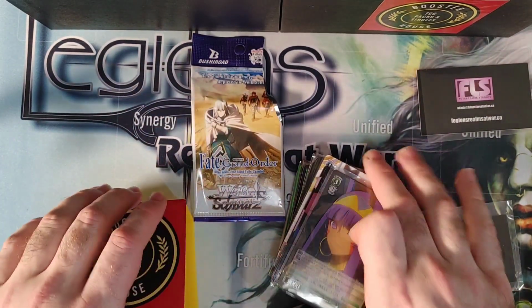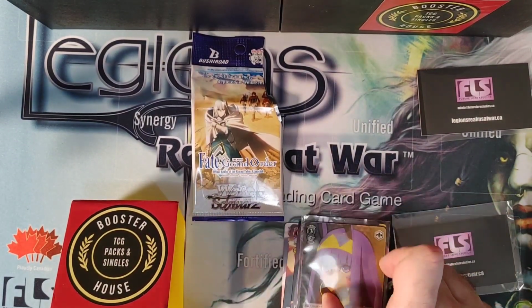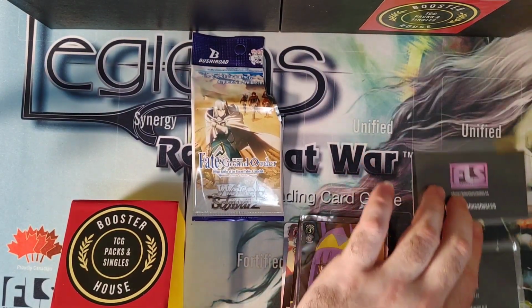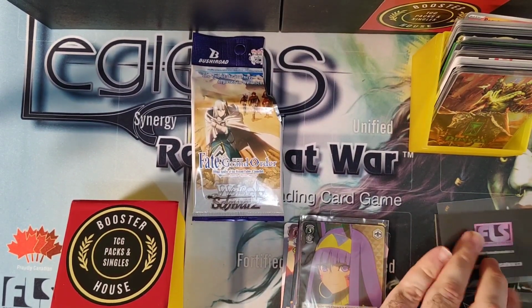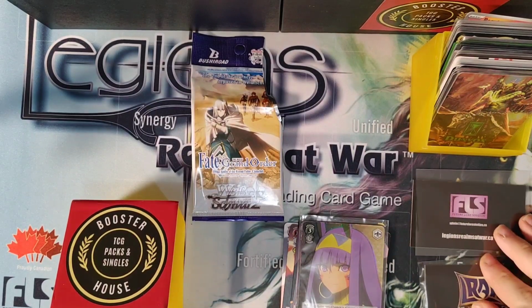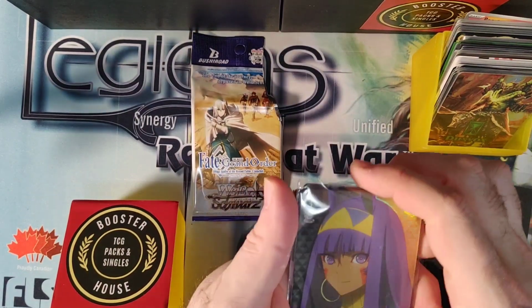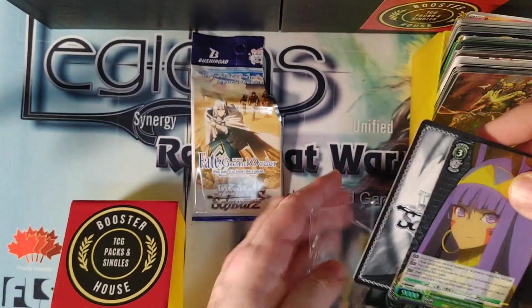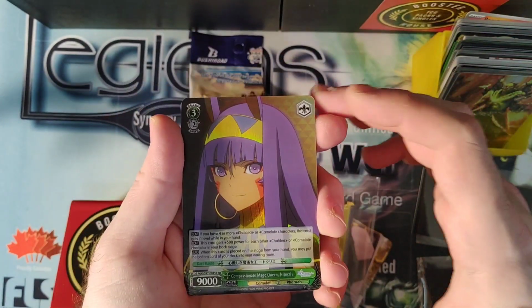So let's take a look at the first pack of last week. I use the really nice Legion of Thrones at War business cards to just keep the pack separate from the rest of the cards. And from the Weiss Schwarz Fate Grand Order pack, we had